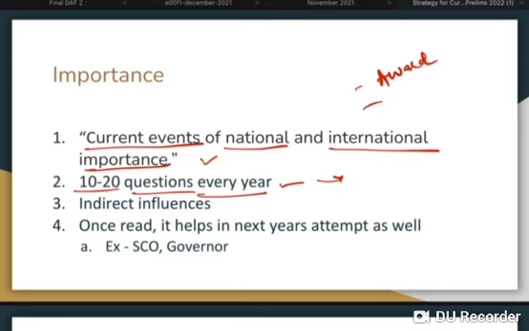For example, this year there was a question on Hyderabad forests, etc. Then there was a question on Dholavira and Harappan sites. Then there are indirect influences in many other questions. Say some event happens in a wildlife sanctuary. UPSC might not directly ask about that event, but they might ask about the wildlife sanctuary. What are the other birds in the wildlife sanctuary, and what are the adjoining wildlife sanctuaries to that wildlife sanctuary.